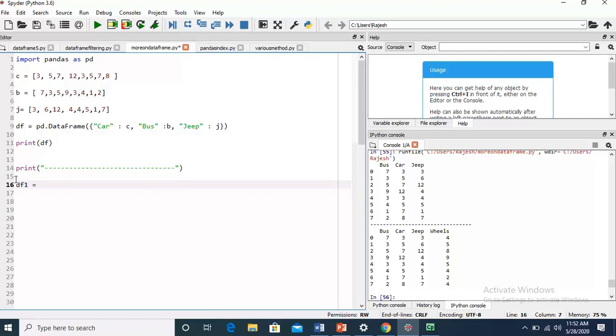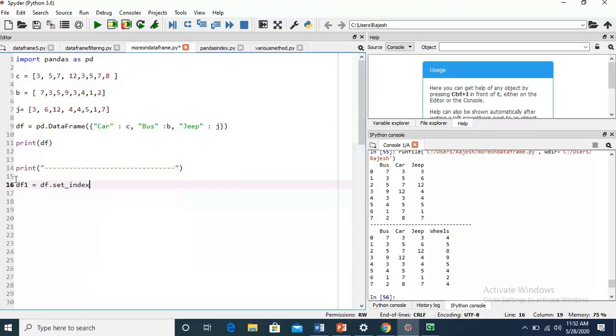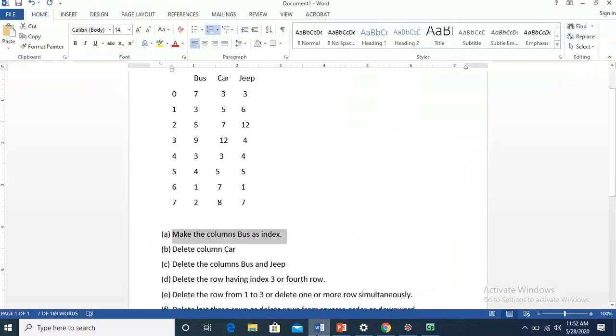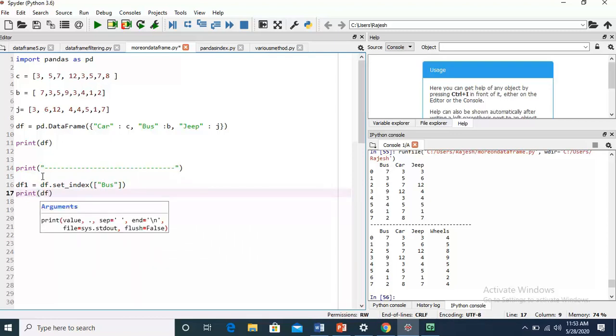df1 is equal to df dot set index. Which column is he asking? Bus. Then square bracket bus, and then print df1.